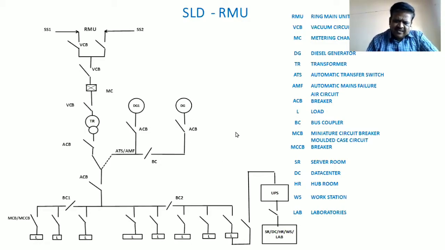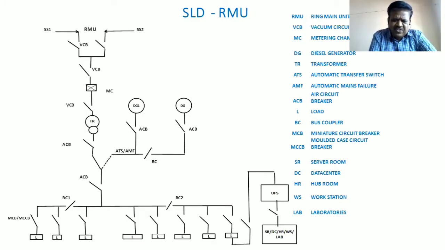For the operation and maintenance team, irrespective of their designation, whether it is a technician, supervisor, engineer, executive, or even AFM and FM, the moment they report for duty at a particular site, on the very first day you have to check the single line diagram of that building and try to understand it.